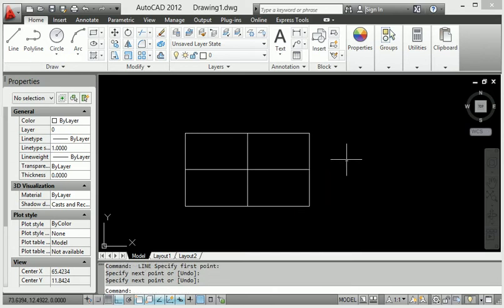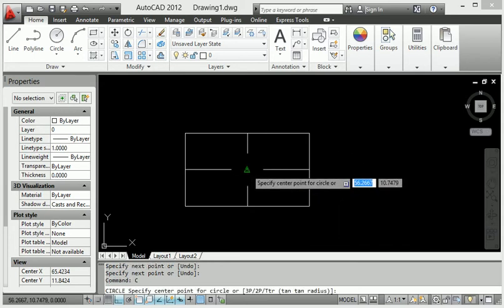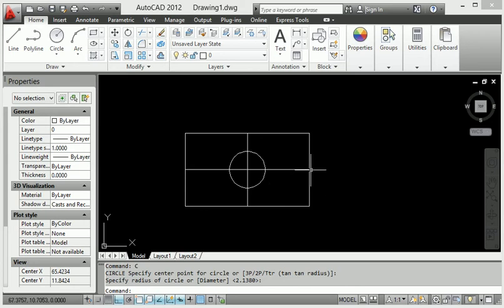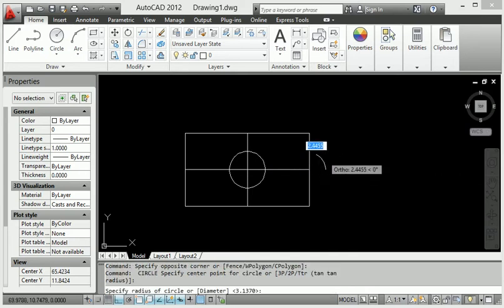When you use the circle here and join one circle, but I want to create a half circle in the same way, I don't type C Enter again, I just click the Enter button and Backspace button. So it becomes the circle again.